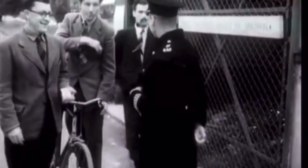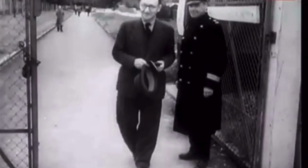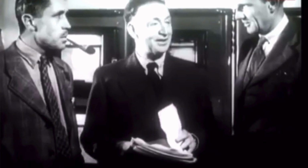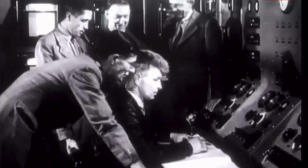Obviously, every precaution has to be taken, and our leading atomic physicist, Sir John Cockcroft, the man in charge, has to have his past checked like anyone else. Here he is with fellow scientists at the Nerve Center, where they can watch, measure, and control the atomic pile itself. It's already done useful service for about...